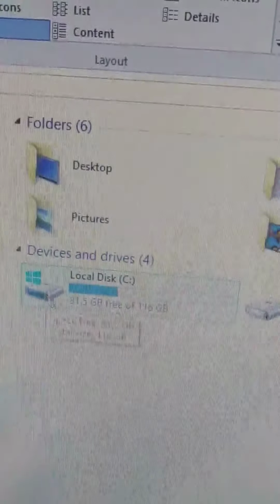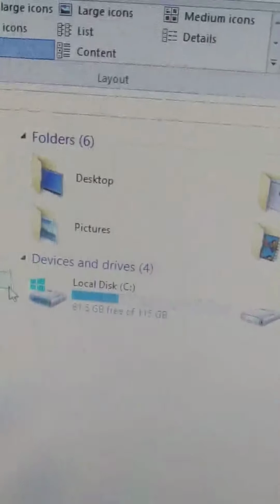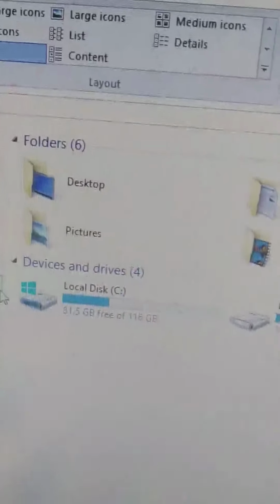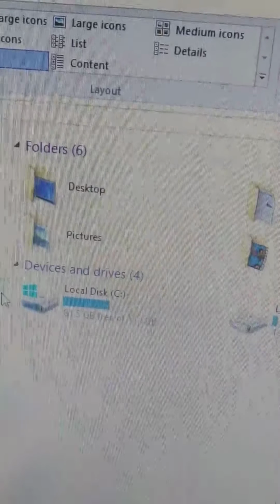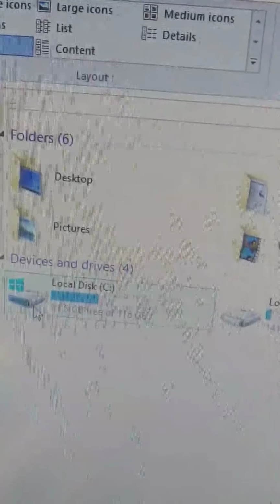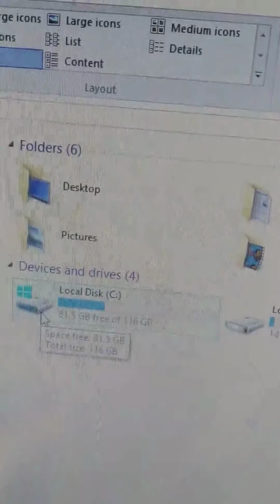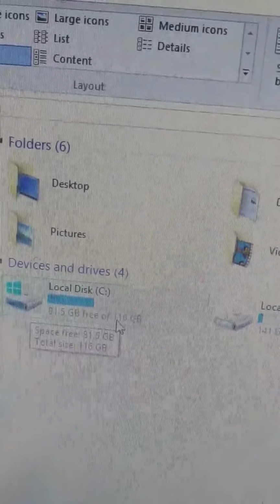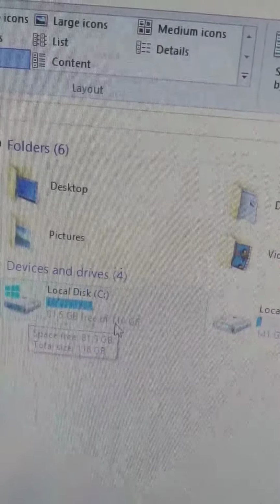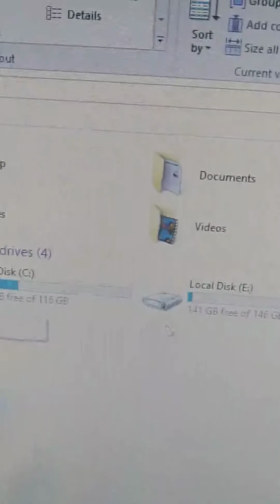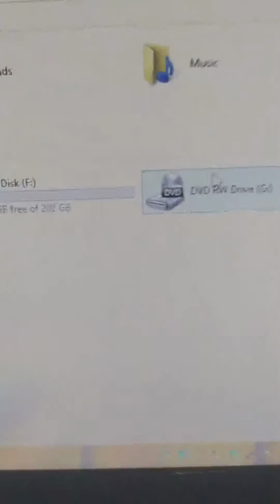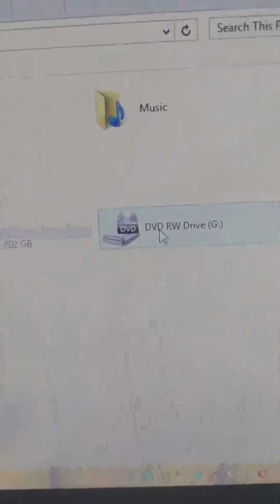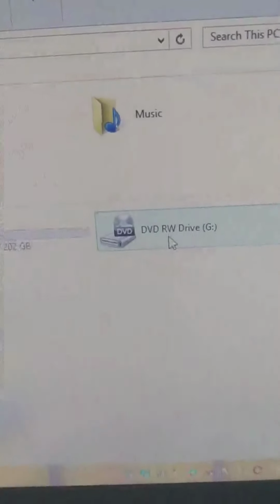Then there are devices and drives. How many devices are attached here and how many drives? Drives means main partitions of the disk. This is local disk C, and this is one of the main partitions of the computer where we store data. This is local disk E and this is local disk F, and this is a DVD, digital versatile disk, read write.